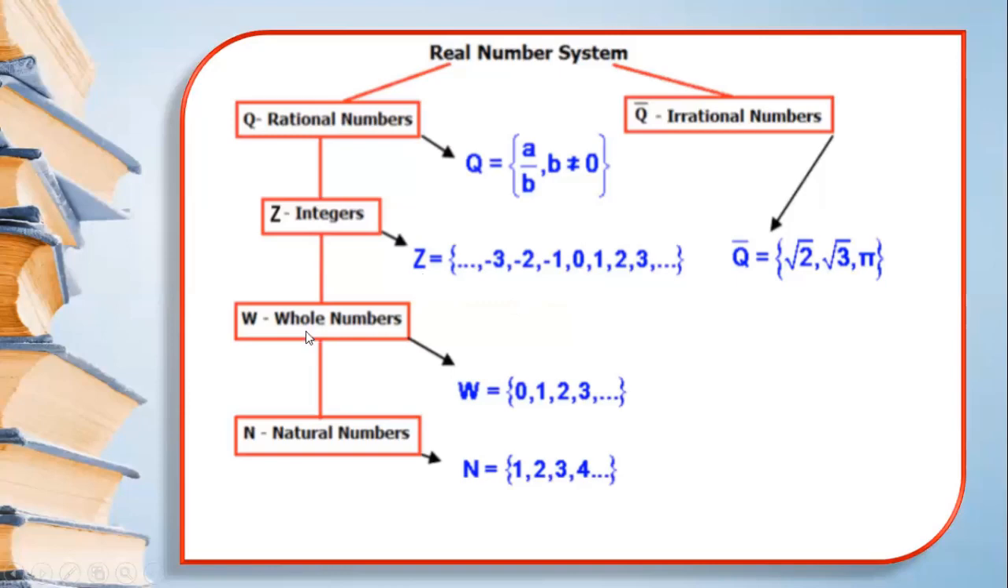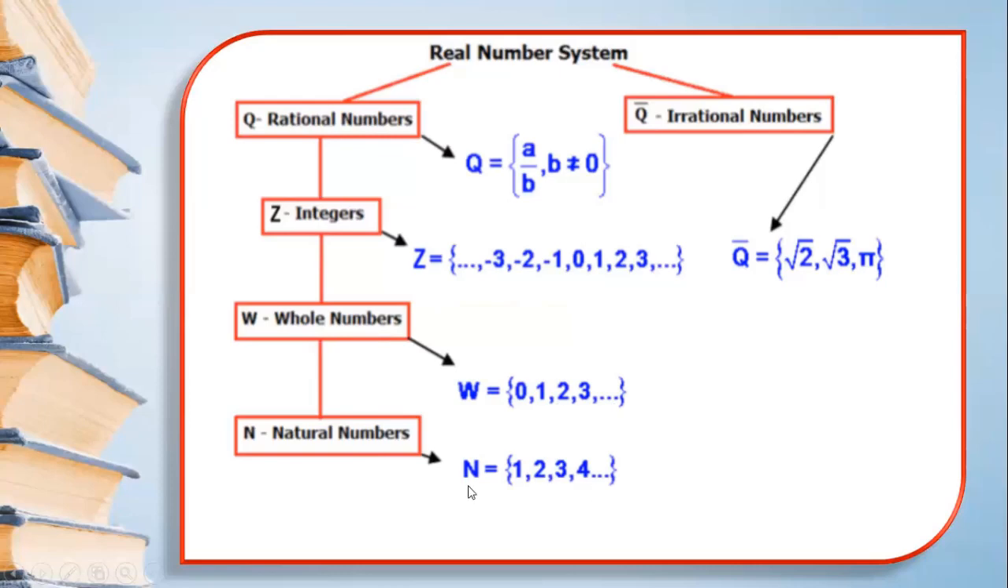W stands for the set of whole numbers, which includes all the numbers starting from 0, 1, 2, 3, 4 and so on up to infinity. The natural number set starts from 1, 2, 3, 4 and so on up to infinity,